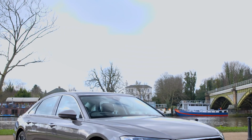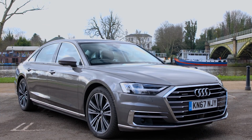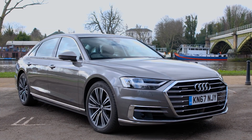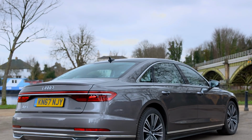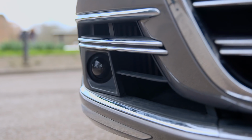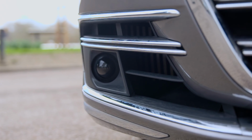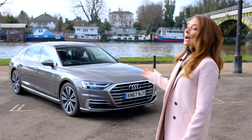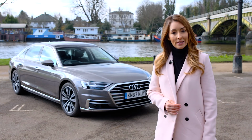One of those who's made a giant leap forward is Audi, with this its fourth generation take on the A8. Much like the S-Class is to Mercedes, the A8 is Audi's Tomorrowland, where their newest and most forward-thinking technologies are shown to the world for the first time, before trickling down to the more accessible models in the following years. Let's see what Audi has packed into the new A8 and find out if they have finally managed to topple